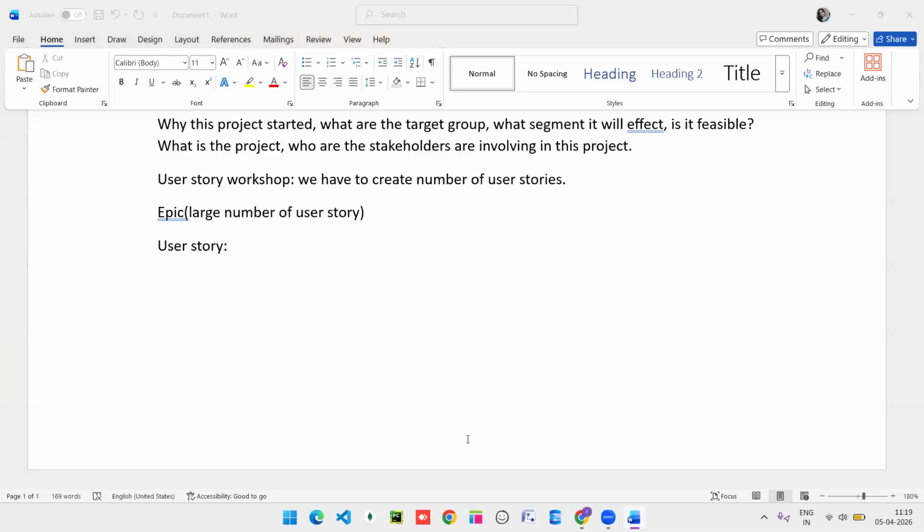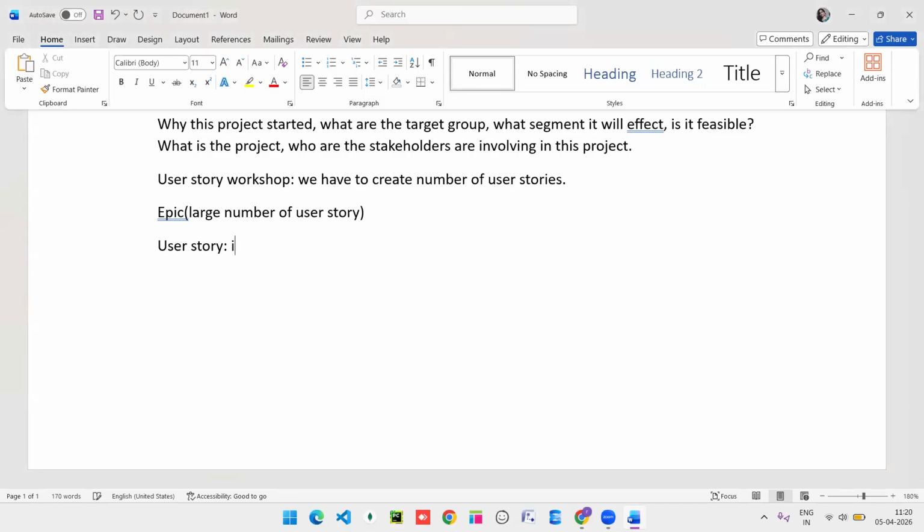Requirements, okay. Anyone? It is a single feature. It defines the features from the user perspective. Yes. So in this user story, we can define the features. In a user story, we have to write a short description